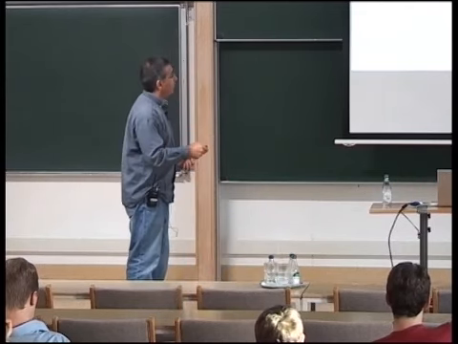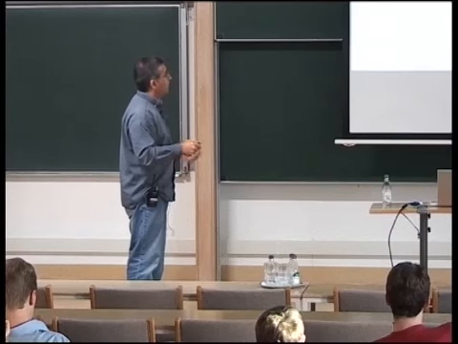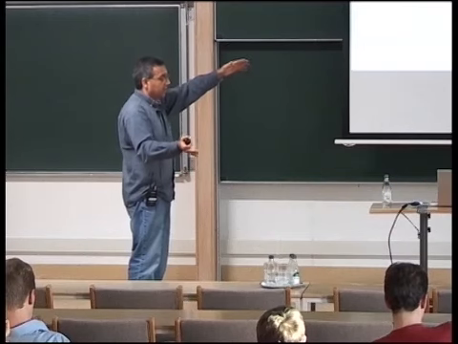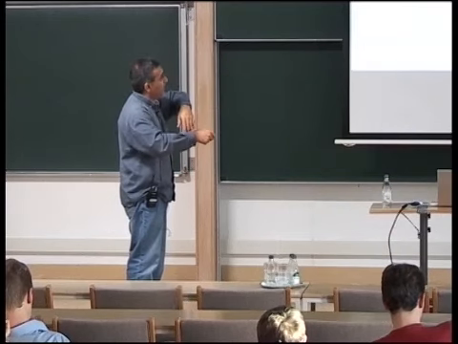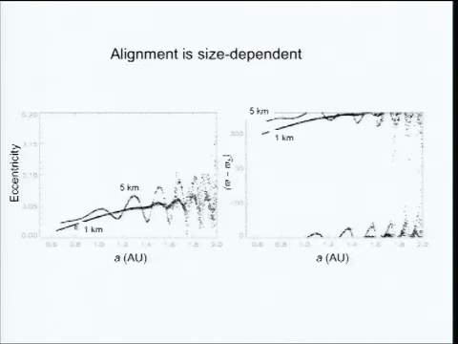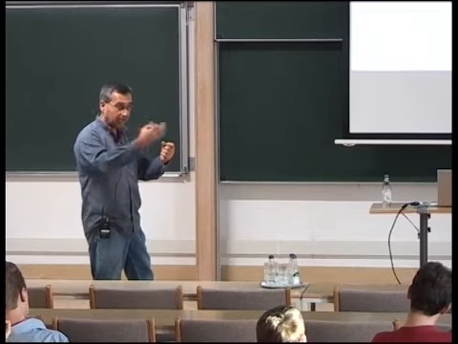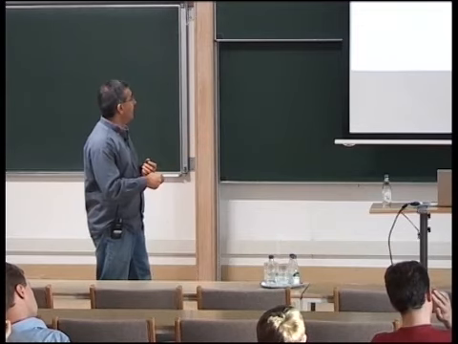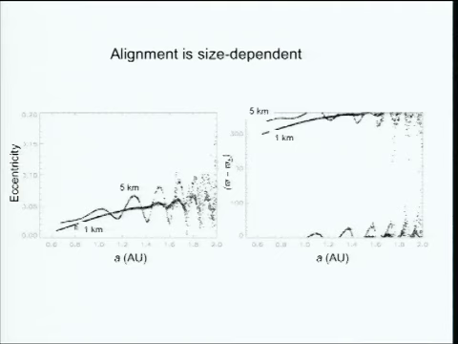And this is basically what it's showing here: for two planetesimals, let them interact with one another, the orbits align after about 10,000 years, and that's the way that the eccentricity evolves. They also noticed that this alignment is size dependent, and that actually dictates how planetesimals interact with one another and how this collision and growth will evolve. This is a similar simulation for a 5 kilometer and a 1 kilometer object, and as you see, the 1 kilometer object's eccentricity increases, but not as much as the 5 kilometer, and the 5 kilometer reaches the alignment much later than 1 kilometer objects.